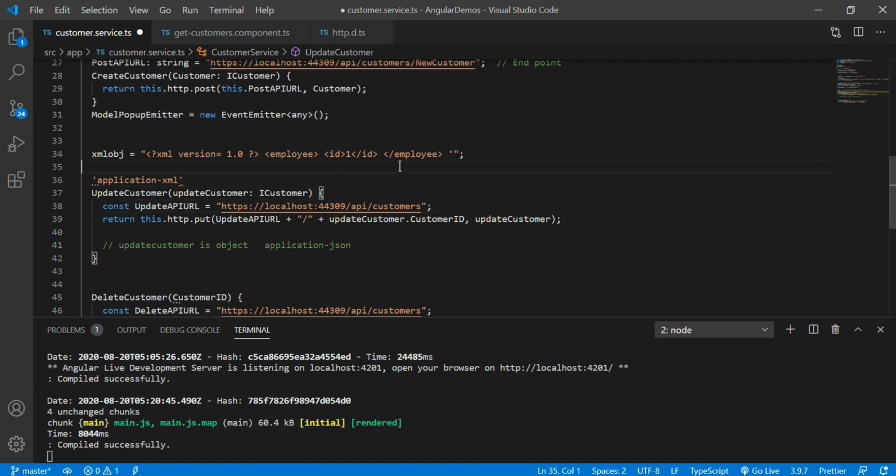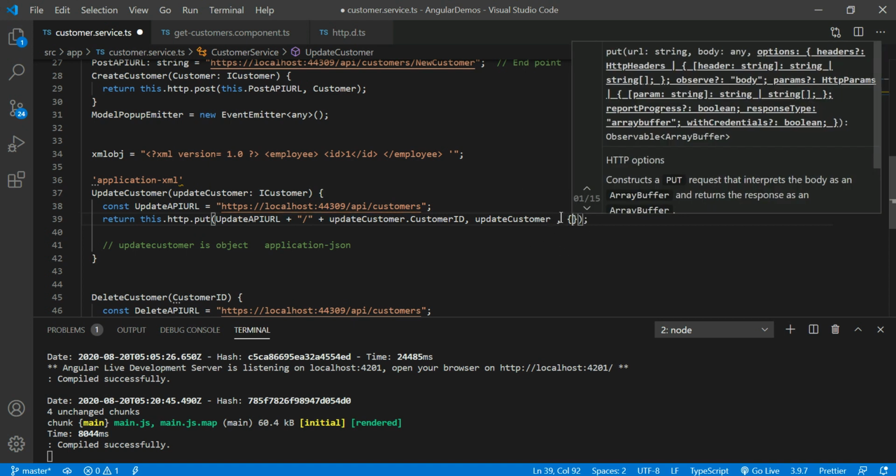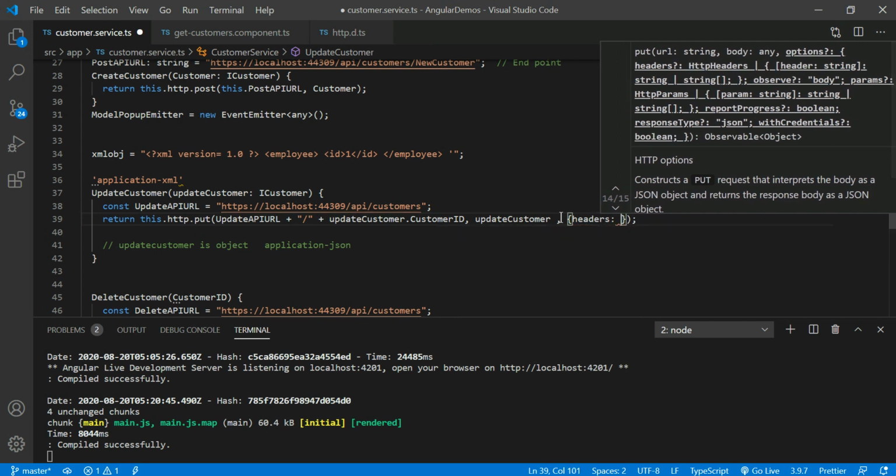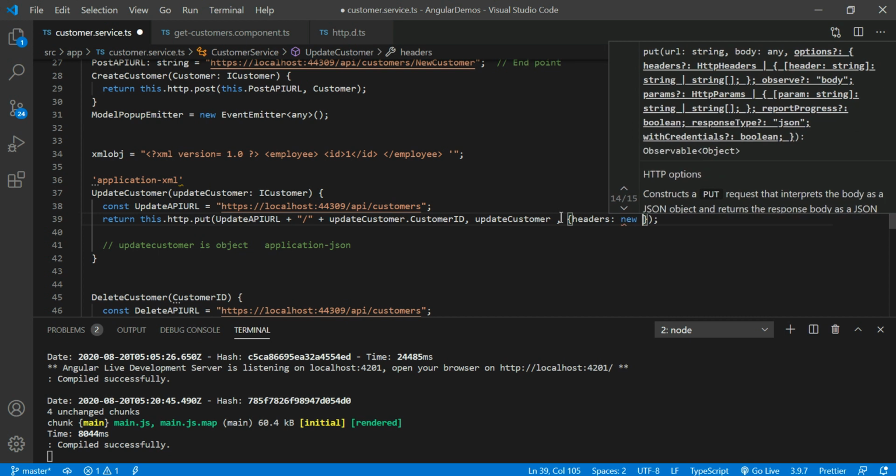For that reason you have to prepare the header section like application XML, the content type. You can call it the content or the body, but this content or body should be designated as application XML by the header section. Here in headers, this is the application XML.